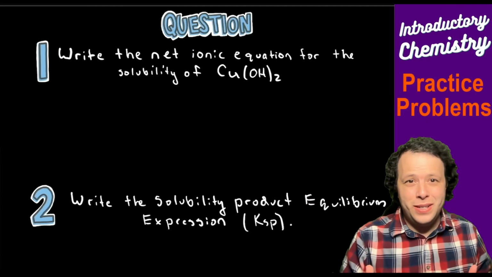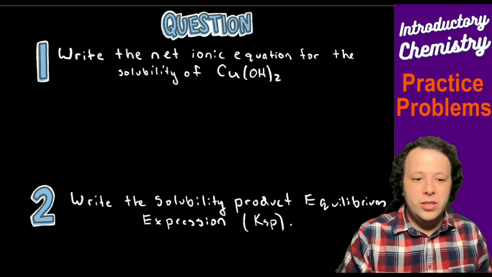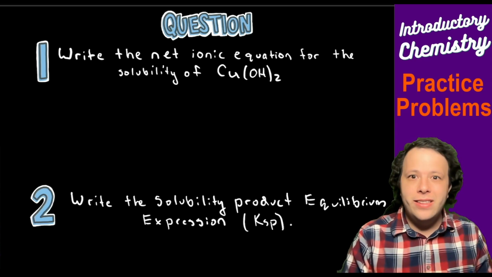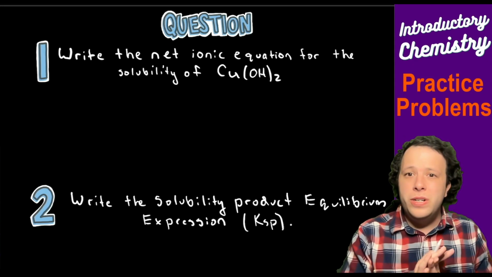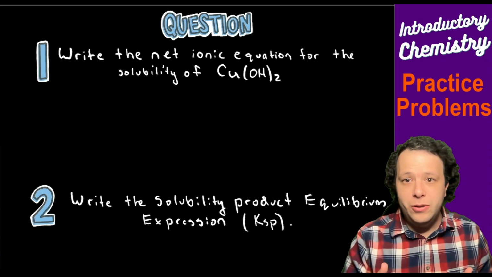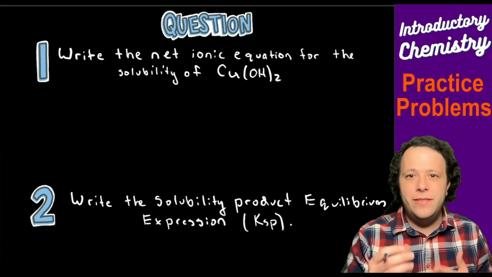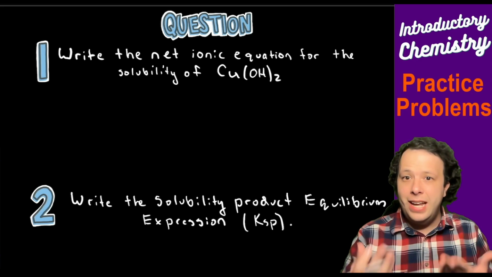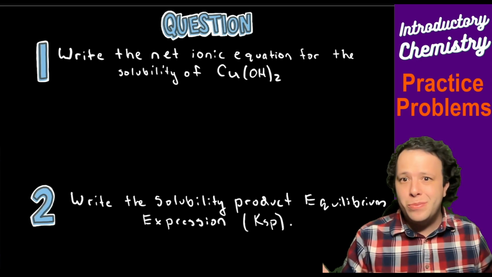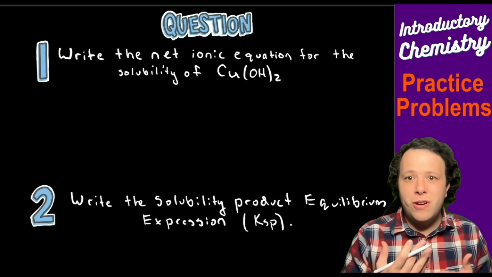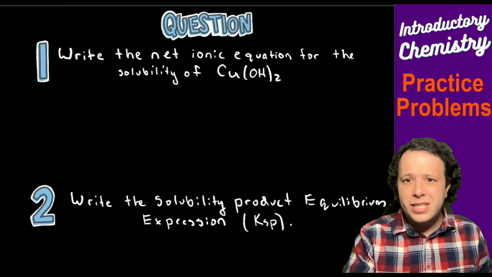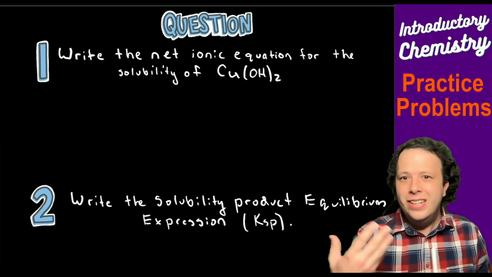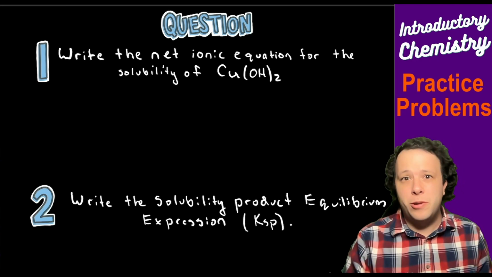On to the next. Okay, let's do it. So this next one is what we are trying to do is look at the following thing, which tells you to write the net ionic equation for the solubility of copper hydroxide. What this is trying to set up when it comes to equilibrium is telling you that if I have a solid, let's say kind of like table salt, right? So which is something that you just put on food every day. If you are to have that in your hand, it is in the form of a solid. But if you throw it in a glass of water, quickly in a blink of an eye, it will dissolve and vanish before your eyes.